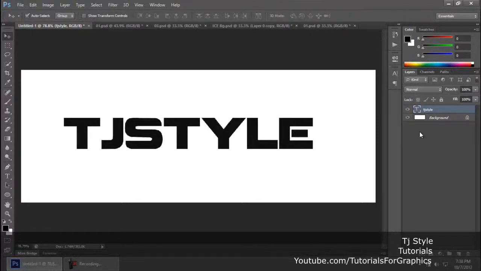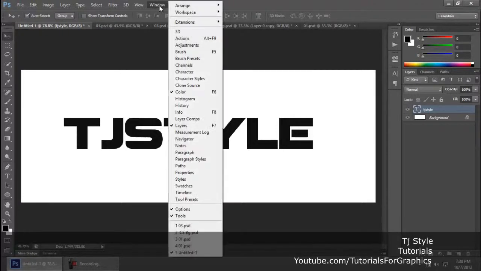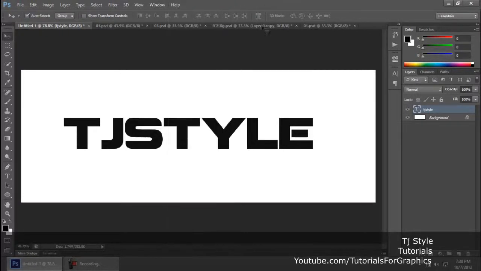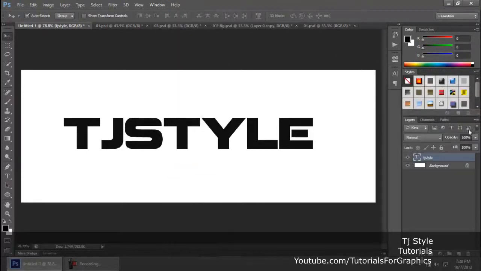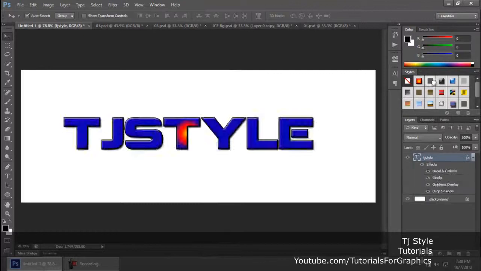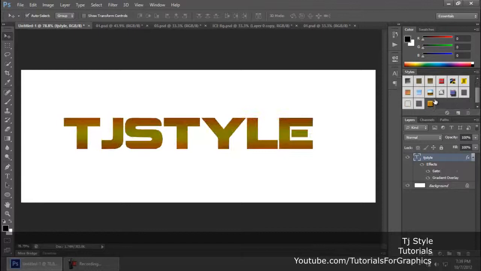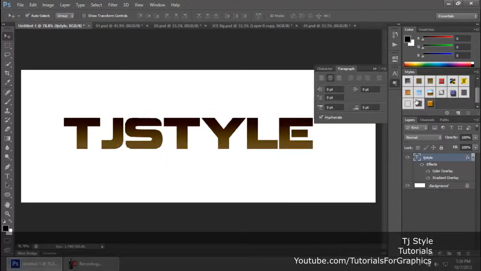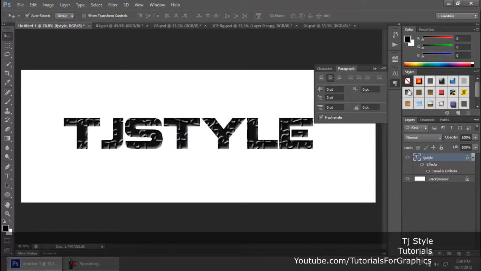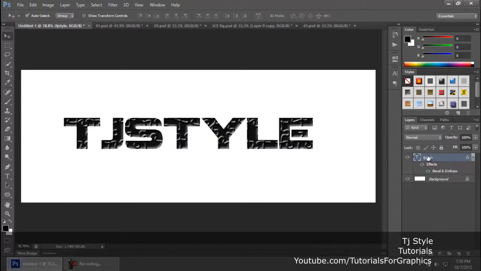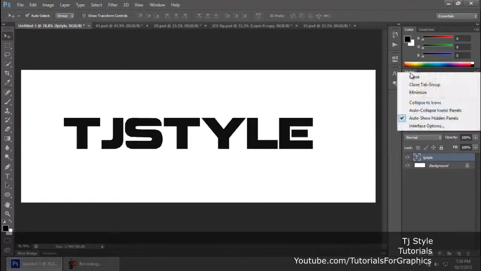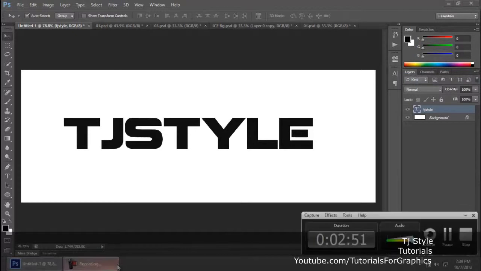Now there are two ways of doing it. One of the methods is to go to the Styles panel, and you need to have it open for this. If you don't see it, go to Window and Styles, and you can straight away pick any layer style you want. There are some default ones, guys, that are made by the engineers of Photoshop, and you can even select from them. That's really good. But we want to apply the layer style that we just saved, and I'm going to show you that by the other method.